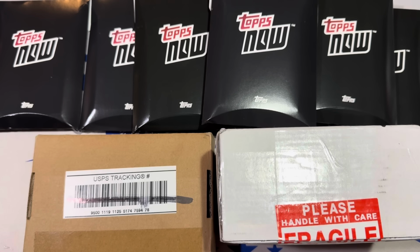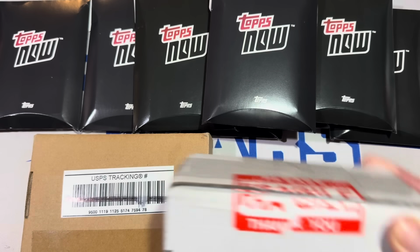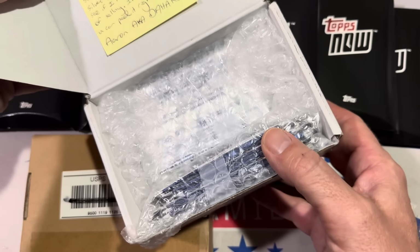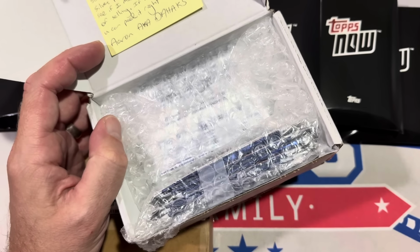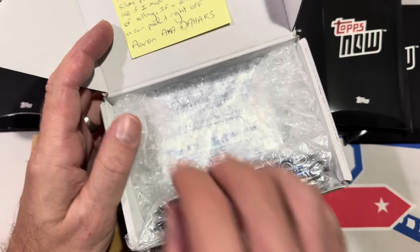Now let's get right into this. We'll start off with this one right here. This is from TOPPS, and I bought these to put into our Whatnot break. So TOPPS basically bought a couple cases of 2025 Topps Series 2, and what he did was he asked if